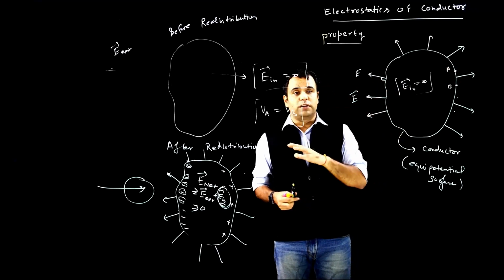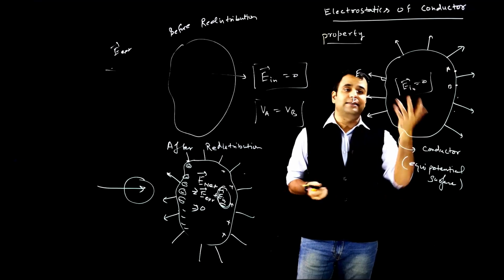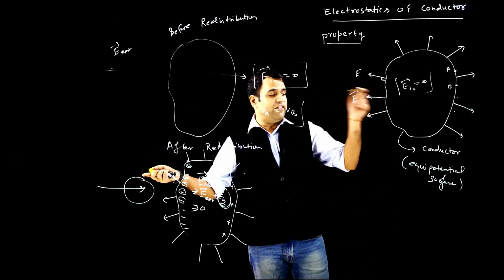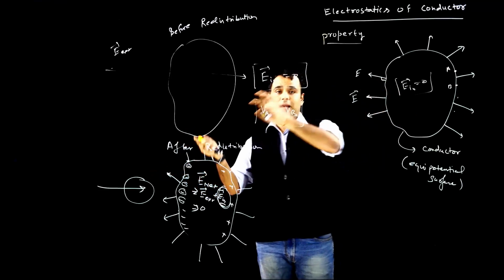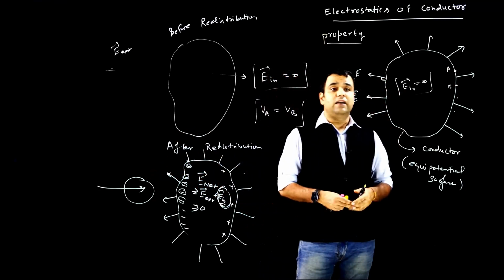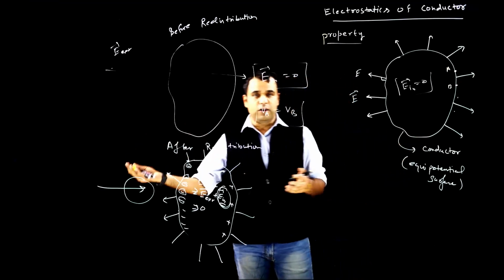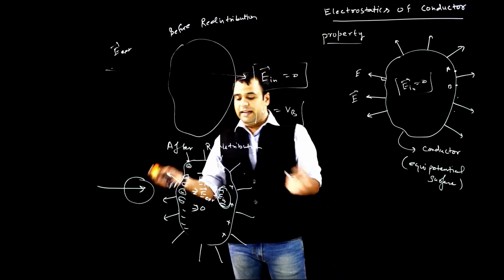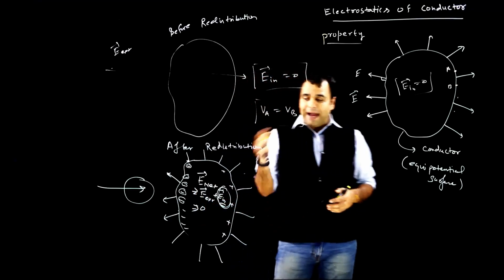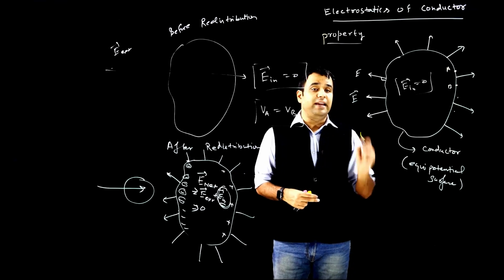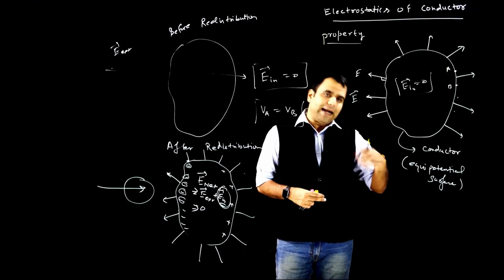If there is no electric field outside, then none will develop inside. And if there is some external field and you put this conductor in a non-zero electric field, then this conductor will become a dipole because of the redistribution of charges. Negative will go there, positive will come here. Then this will become a dipole. And why is it becoming a dipole? Because this conductor cannot have any electric field inside. But at the same time,